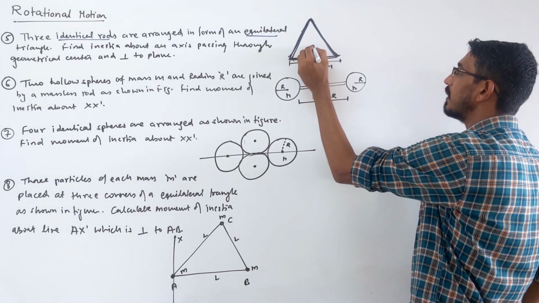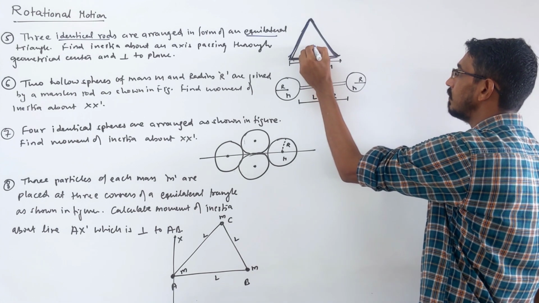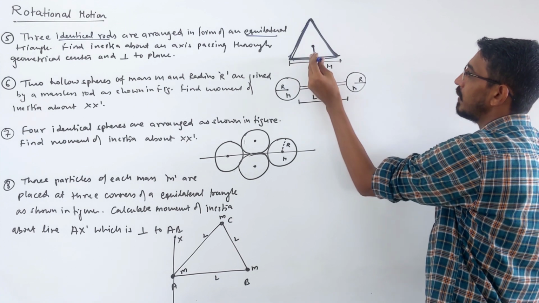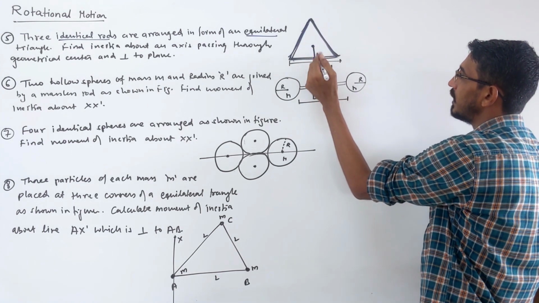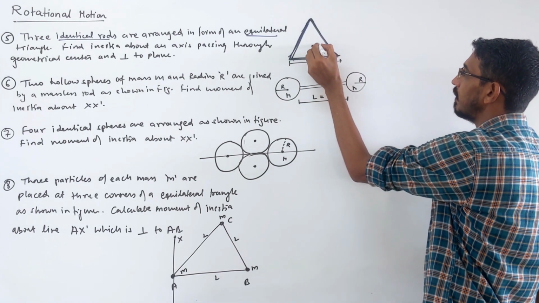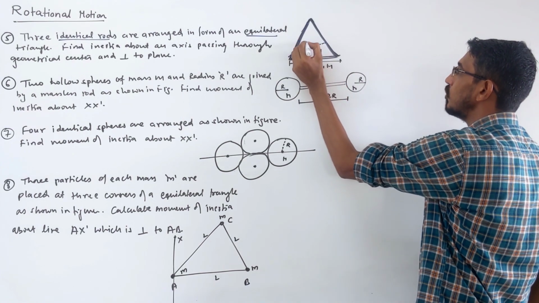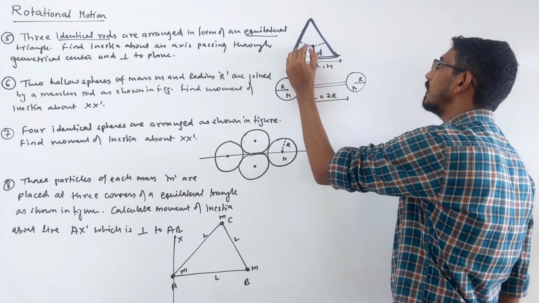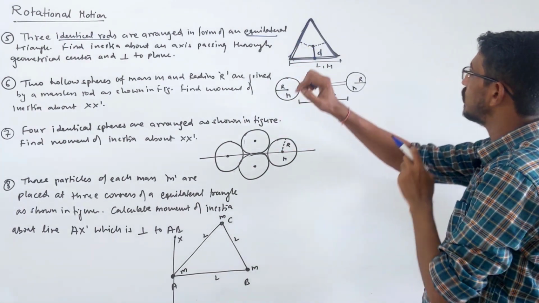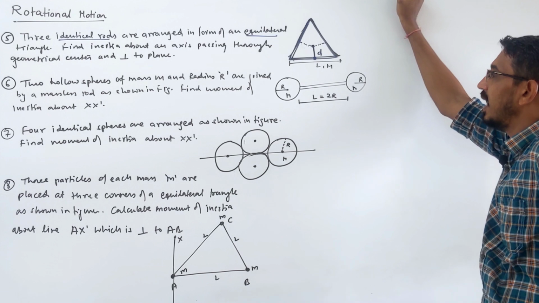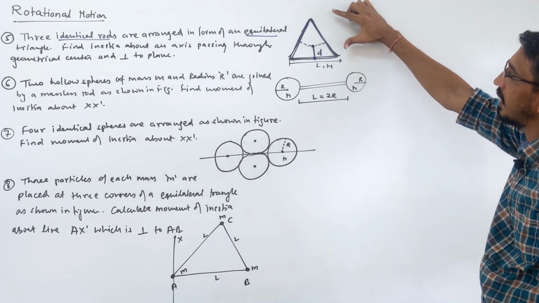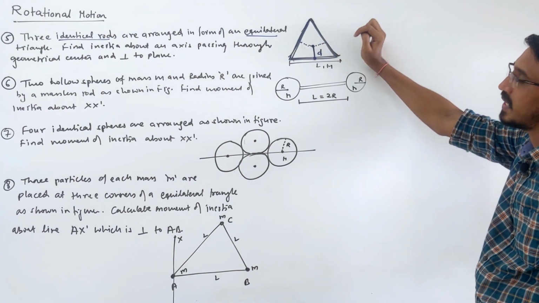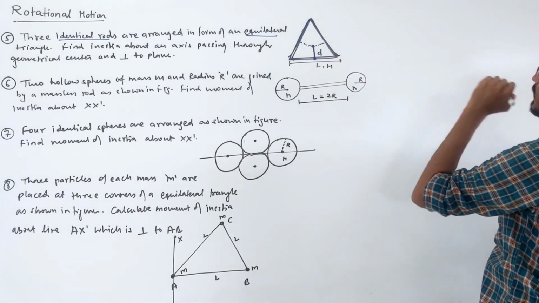At this point we want to calculate inertia, which means we need that distance. This will be the center of this rod, about this point we know, then we have to find about this point, so we need that distance d also. It will be the same for all rods, right? So you find the inertia due to any one rod, then multiply by 3 to get the total due to 3 rods, right. So the first job is to find that distance d, and it's very important because this equilateral triangle comes up in every chapter of physics, and we always need the distance of the centroid, right. So first let me explain that.